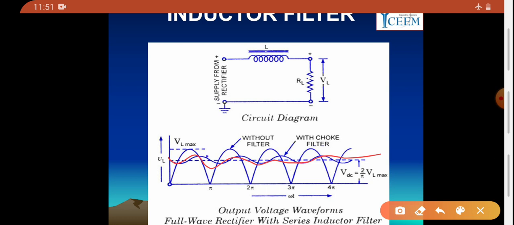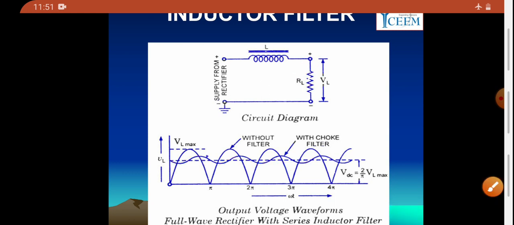That means we have used the basic property of inductor here. Inductance is the property which opposes change in current. This is the basic property of inductor. So this change is opposed by the inductor. Also we know that inductor allows DC. It acts as exactly opposite of that capacitor. It allows DC and blocks AC. Okay, so we want DC at the output, so actually it converts that AC to DC. Okay, so this is an inductor filter.